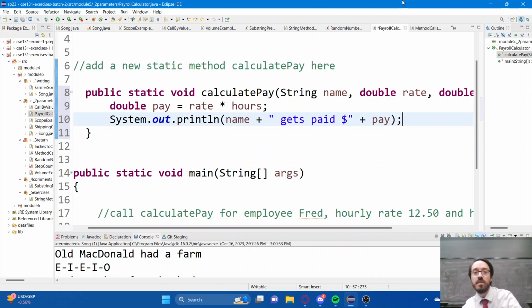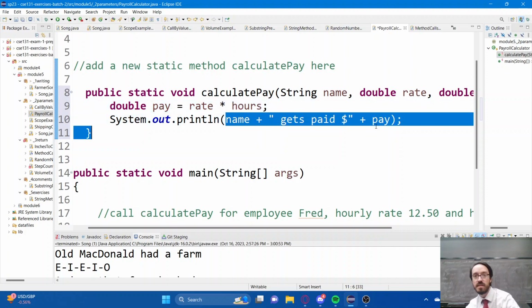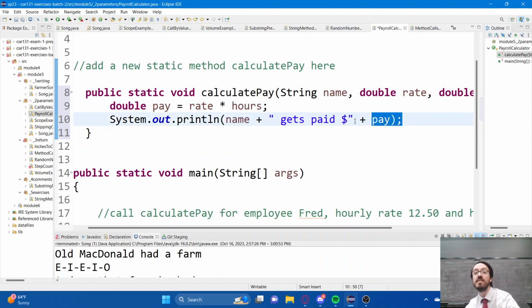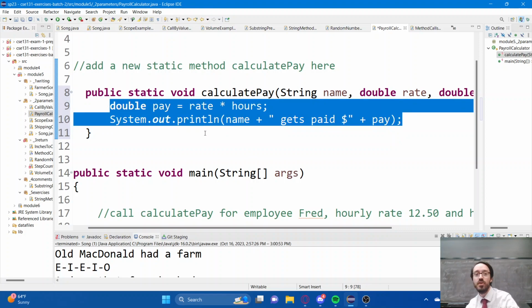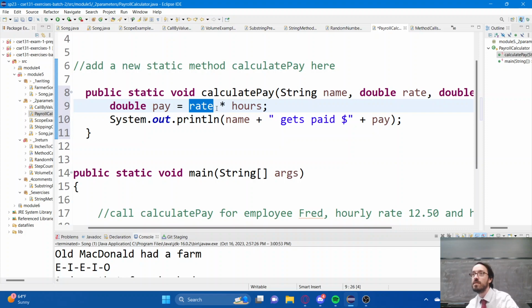So what does the body of my method do? It multiplies the rate by the hours to compute the total pay and then spits out what it should be. Notice something. I wrote this. Do I know what the value of rate is? Is the value of rate just one thing? It could be anything. It could be any valid double. So when you're writing code here, it's important to consider how will this work for not just 1250, but also